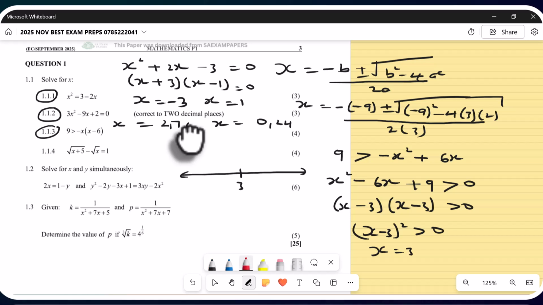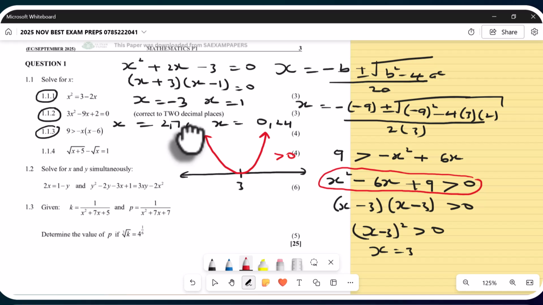Hope now, guys, you get this logic here. They can ask like this in November. Please understand and practice it again. Now 1.1.4, what we have here. This is again solving this equation for the roots. Let's find out what they have from Eastern Cape, what they think would be the logic in the upcoming root. Okay, so in here now from Eastern Cape 1.1.4, we are going to say that they have